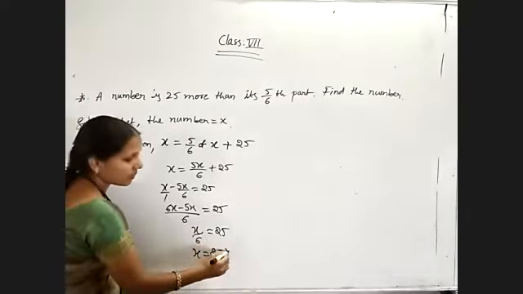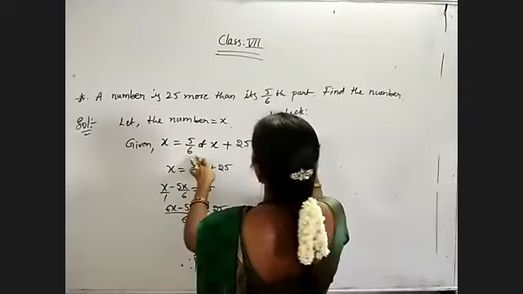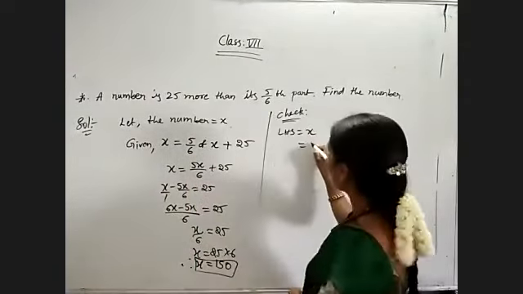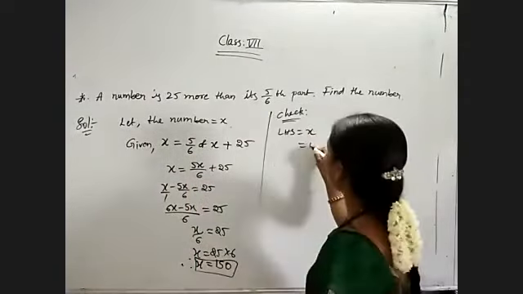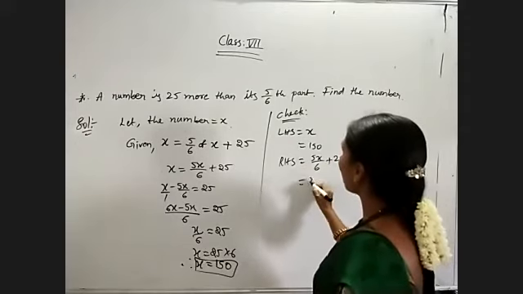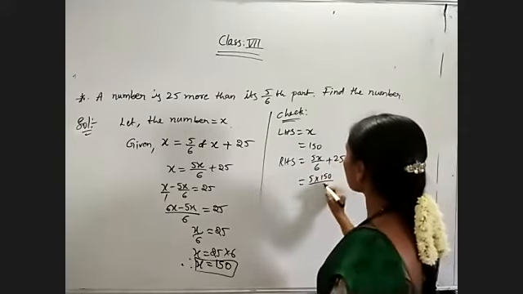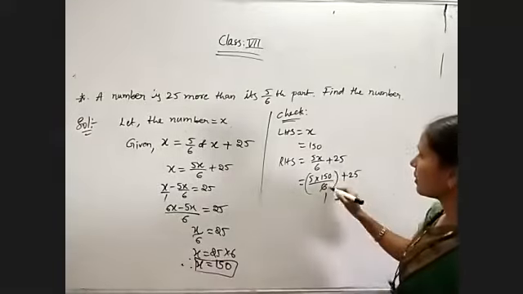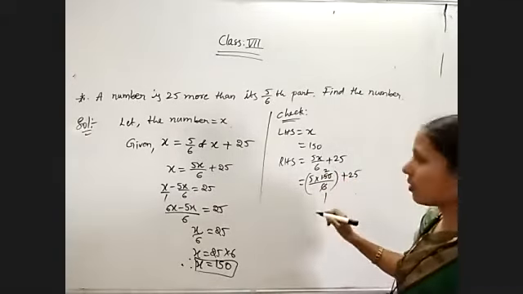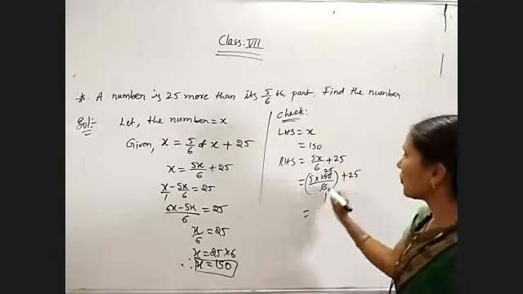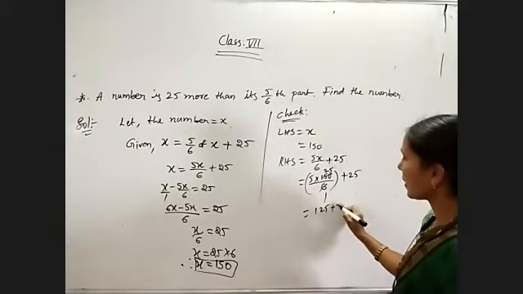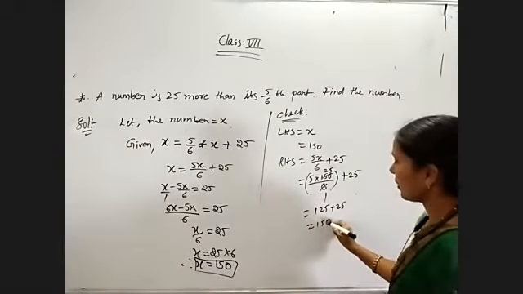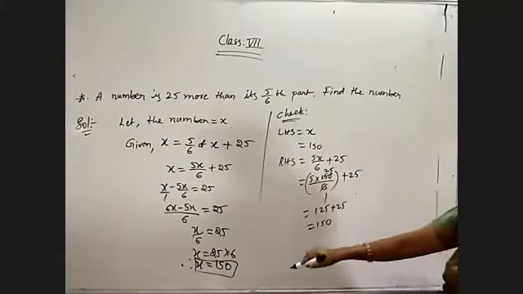So whether it is correct or not, check by the given relation. LHS of the equation is x, that is nothing but 150. And RHS of the equation is 5x by 6 plus 25. That is 5 into 150 by 6 plus 25. 6 ones are 6, 6 2s are 12, okay, 30. 6 5s are 30. 25 5s are 125 plus 25, which is equal to 150. Both are correct at x is equal to 150.